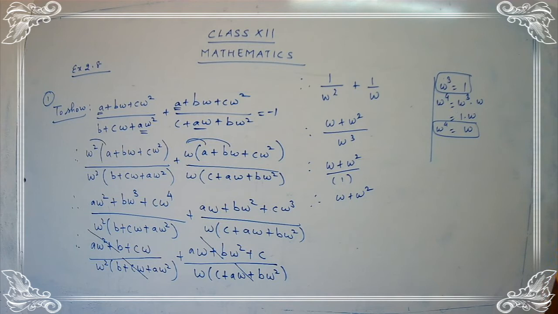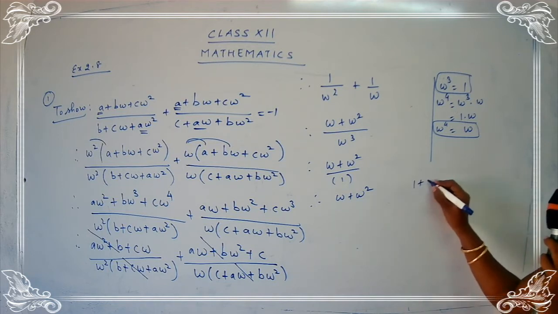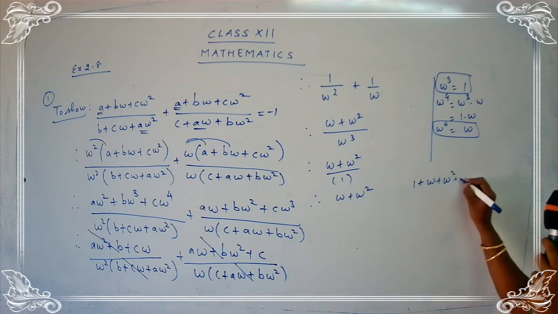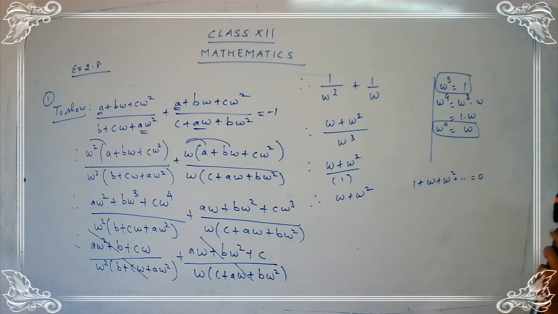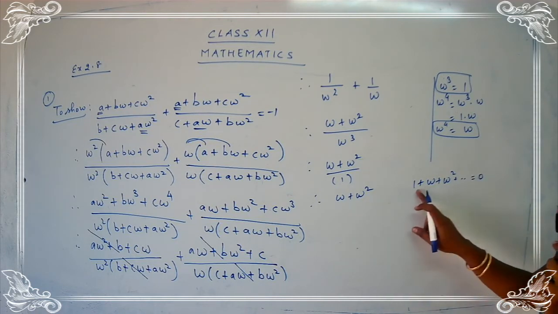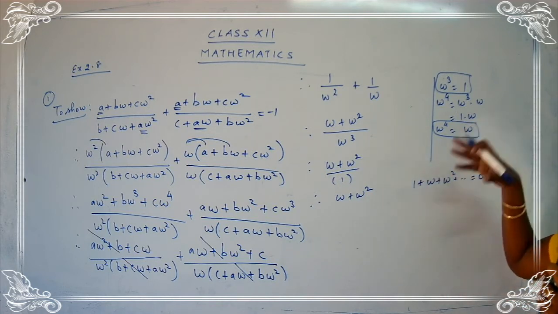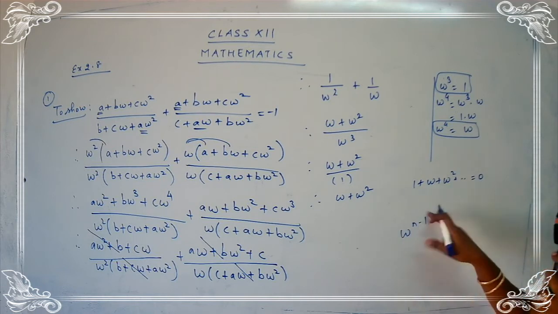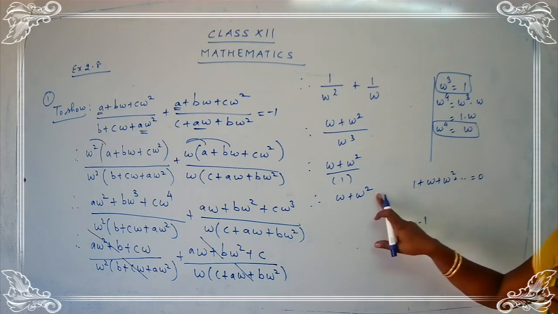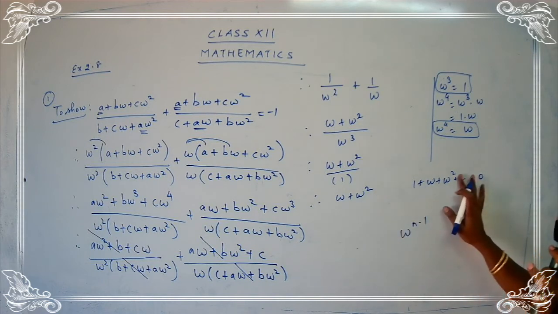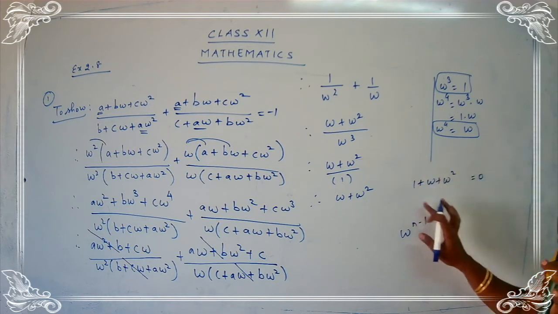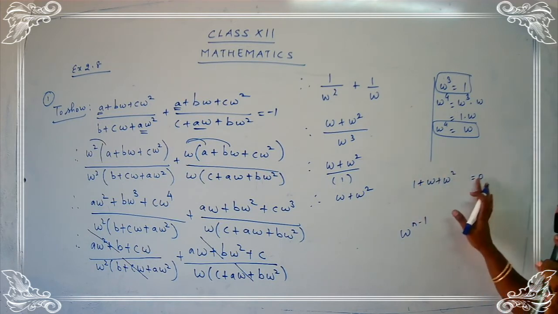Now we have taken the point for the sum of the nth roots of unity. What was the property? 1 plus omega plus omega square and so on, when it goes on, the answer is equal to 0. Okay children? It can go up to omega raised to n minus 1. But here what is the highest power you are going to deal with? You are going to deal with the highest power as square. So what are you going to get here? 1 plus omega plus omega square is equal to 0. This is from the points to remember. That is one of the properties of the sum.